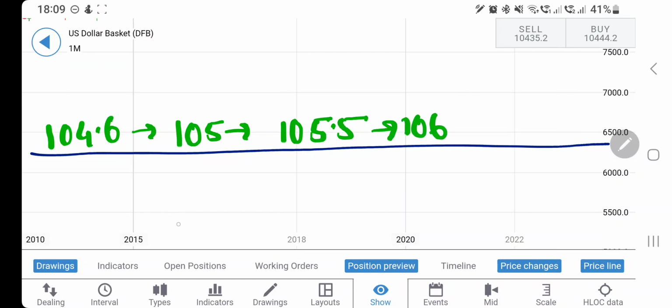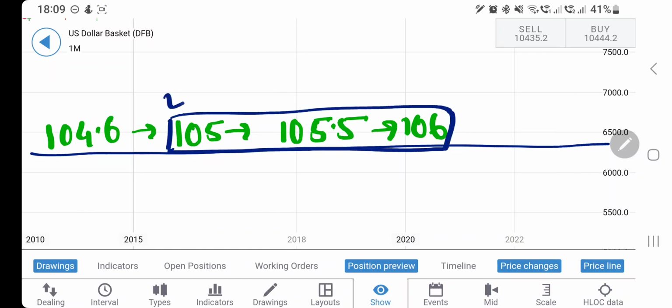Now 106 is the level you should wait for. Till here, it has very strong resistance in the zone between 105 and 106. 105 is the first strongest resistance, then 105.5, 106. If you see the dollar index trading above 106, then you can consider this as bullish for the next week also, and then we will see it hitting somewhere around 108 levels in the near future, maybe in the month of December itself, before it looks at any further top.